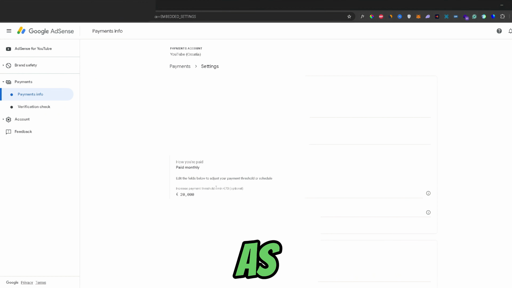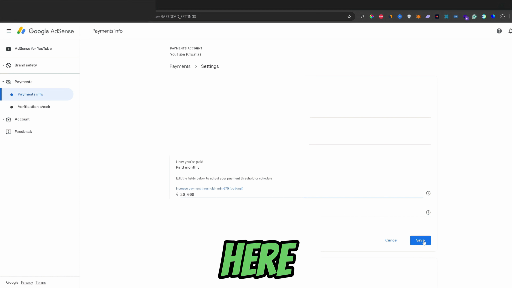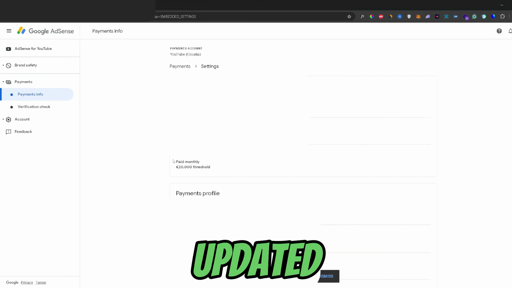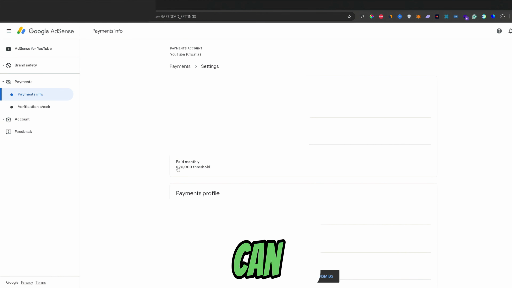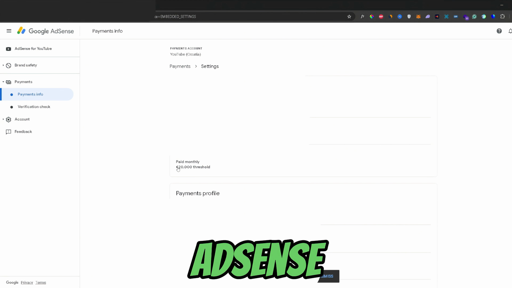Now, as you can see, as I mentioned, the minimum for the euro currency is 70 euros. Now, once you input your amount, you can just click Save right here, and from there on your payment threshold will be updated. So that's guys how you can change or update your payment threshold on Google AdSense for YouTube